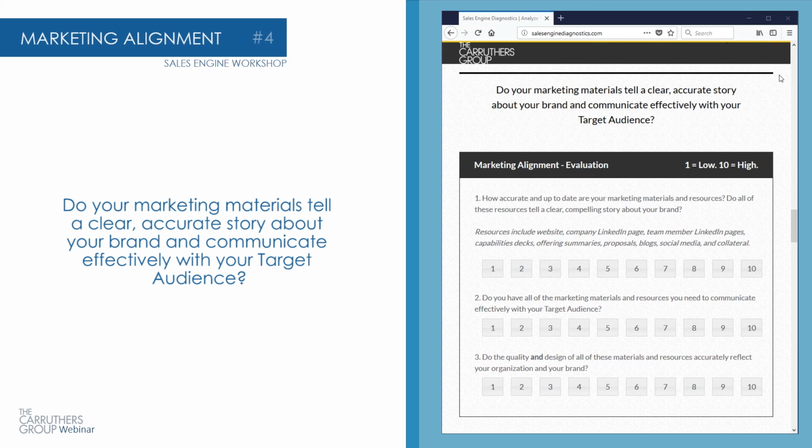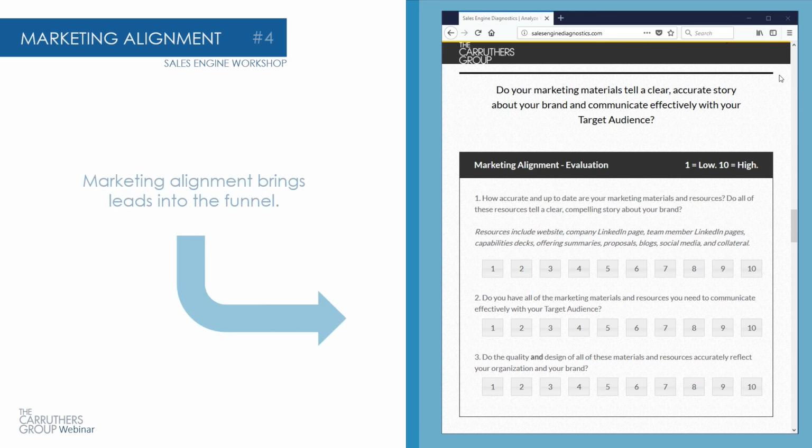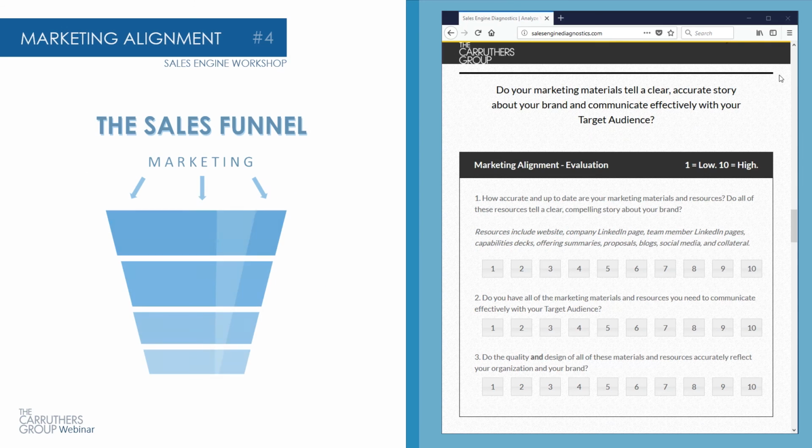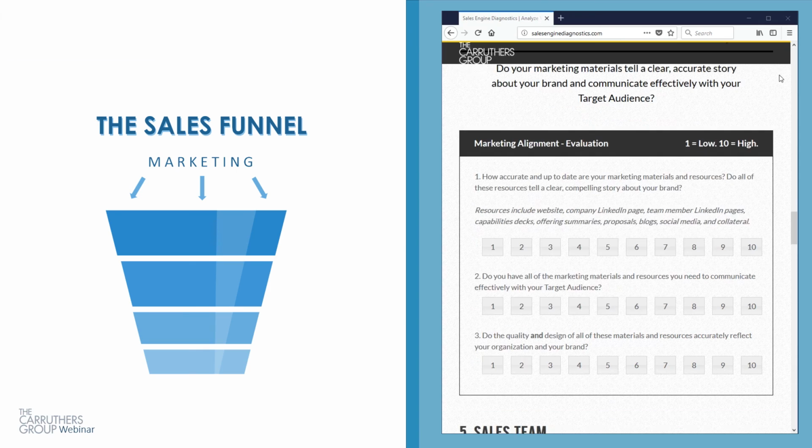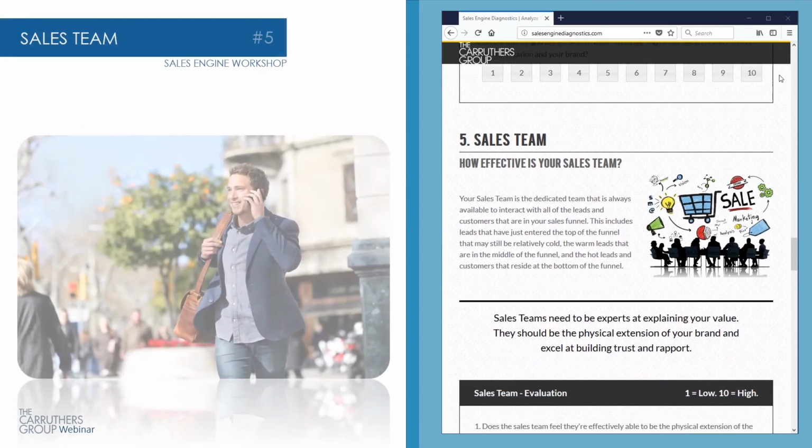But I think you get the concept, right? It's about understanding who you are, who you're going to connect with, back to value and audience, and where people find you, and making sure that when they find you, it's connecting. Marketing alignment, super important because marketing brings people into the top of the funnel, right? They bring people into your sales funnel. And ultimately, that's what we want to do. We want to generate more leads, more opportunities with marketing.